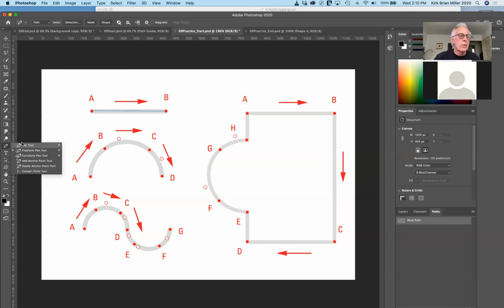I don't want the freeform tool. So what I'm going to do is click, and then click and drag to this point here. Notice when I do that, I get these little handles that come out, and then it curves the path. And then I can click on point C, and then